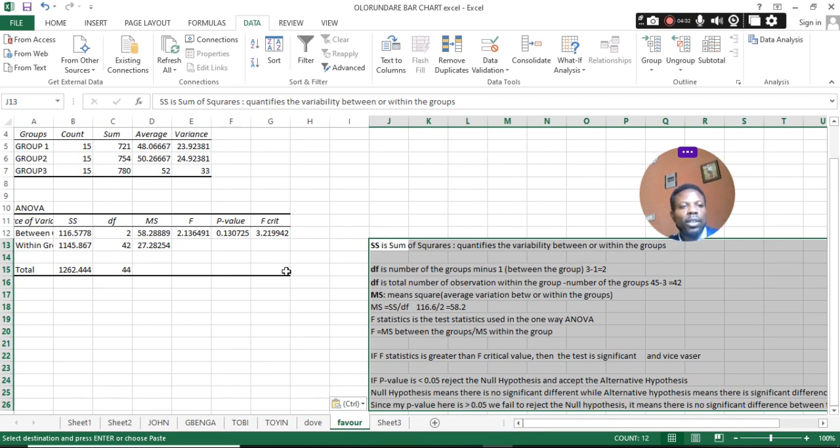So you can see DF, that's degrees of freedom, is the number of groups minus 1. We have 3 different groups, minus 1 is equal to 2. That's why you see 2 here. Then the number of observations in total, that is 45. Then the degrees of freedom is the total number of observations